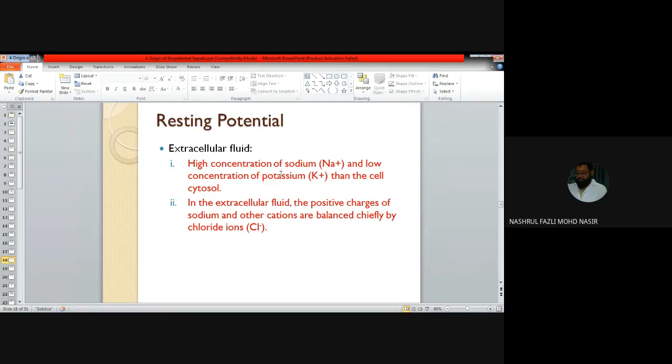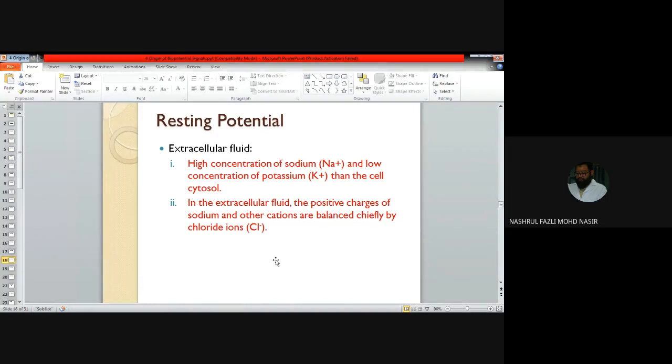Okay, high concentration of sodium. This is outside. So outside there's a high concentration of sodium. There's a lot of sodium there, but the potassium, or kalium, is less. Okay, it's less. In the extracellular fluid, the positive charges of sodium and other cations are balanced chiefly